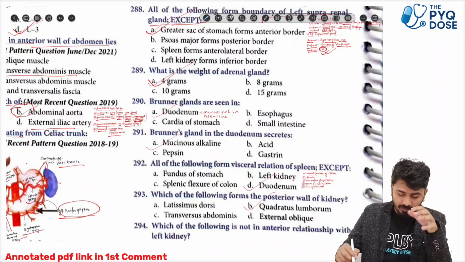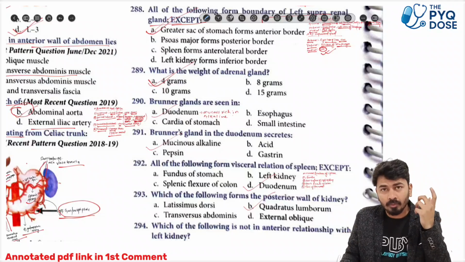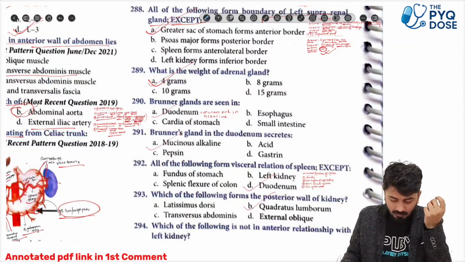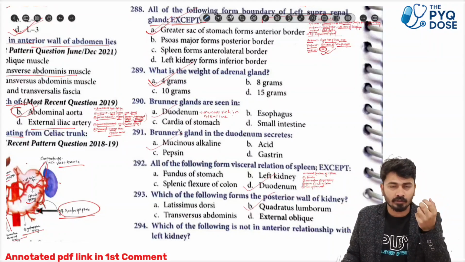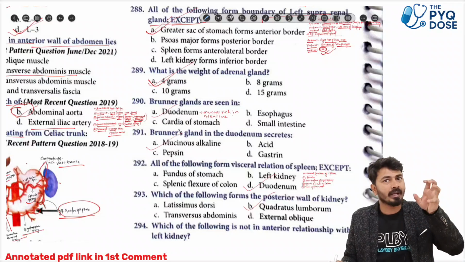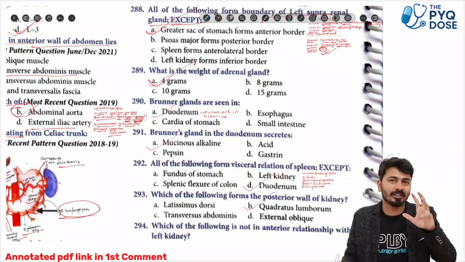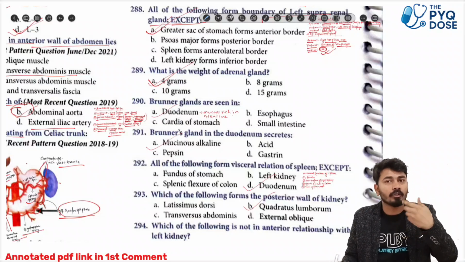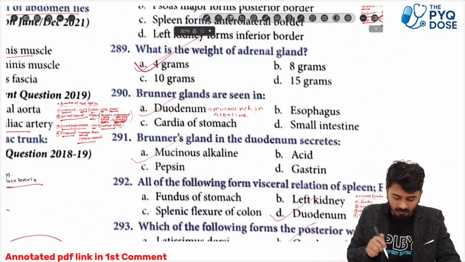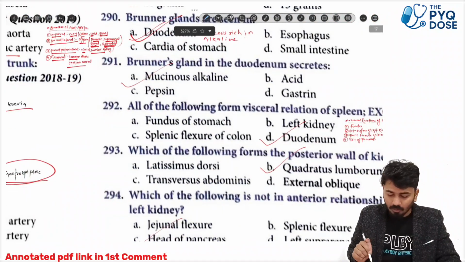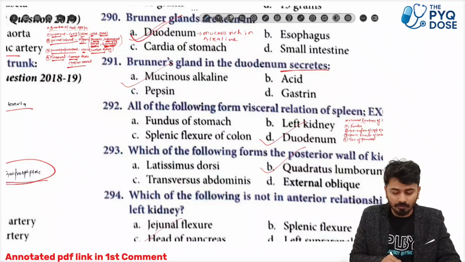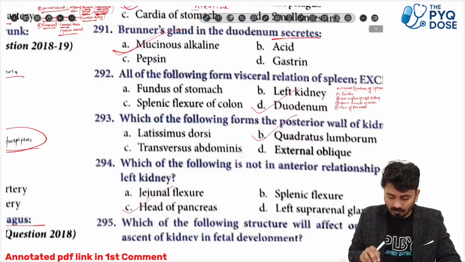सो जनरली क्या हो जाएगा, इसको अल्कलाइन करने के लिए there will be Brunner's gland, ठीक है, Brunner's gland which will secrete alkaline secretions. और जब एसिड आ रहा है उसमें अगर आप अल्काली मिला दो यानी कि बेस मिला दो तो जनरली क्या हो जाएगा, न्यूट्रल हो जाएगा. So that will neutralize the effect of acid. So that is generally present in the duodenum. Brunner's gland in the duodenum secretes, of course मैं तभी से बोल रहा हूँ, alkaline secretion, that is mucinous alkaline,